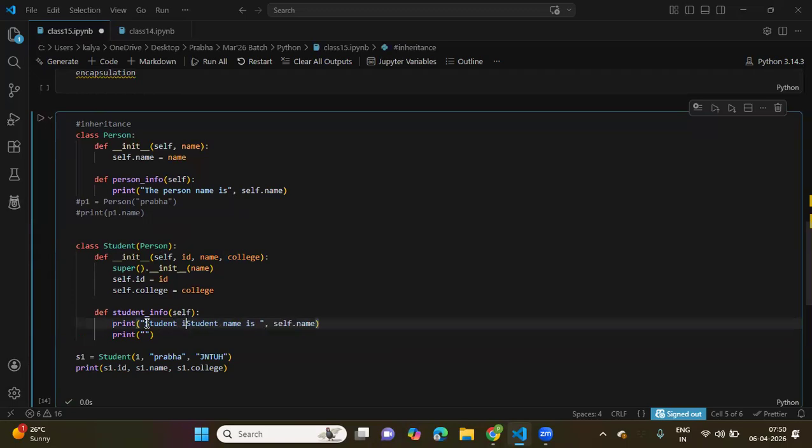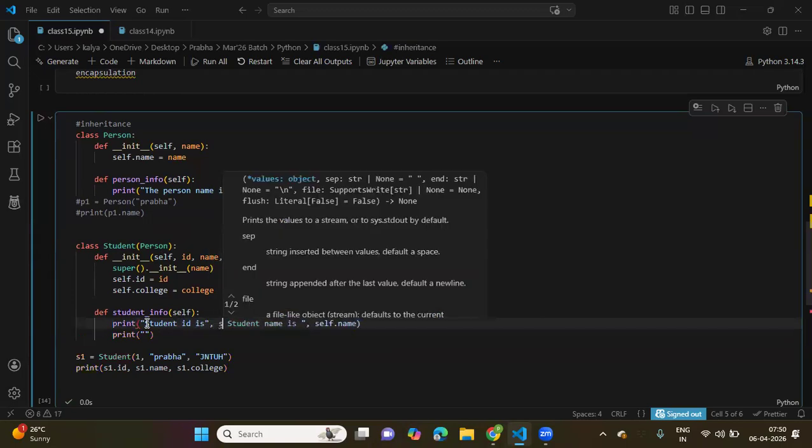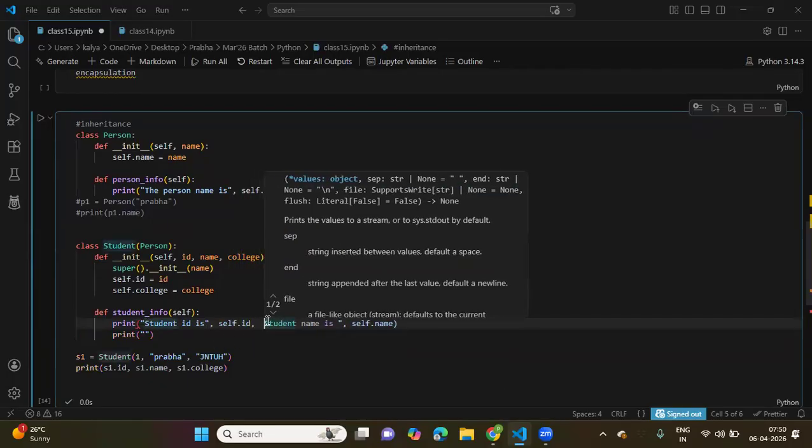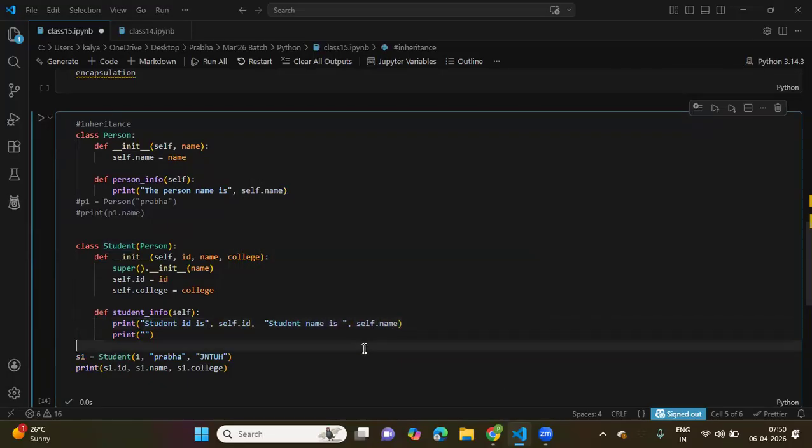Let's print it here. Student ID is self dot id comma student name is self dot name